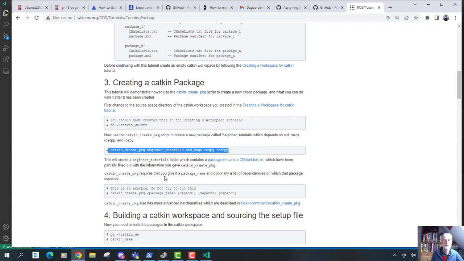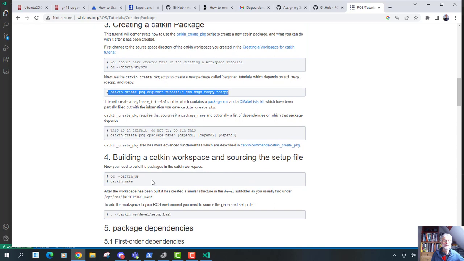Creating a package requires that you give it a package name, and that is my package name, beginner tutorials. It depends on standard message types, and it depends on rospy and roscpp, and that is due to the two languages we can code in. And then we have now to